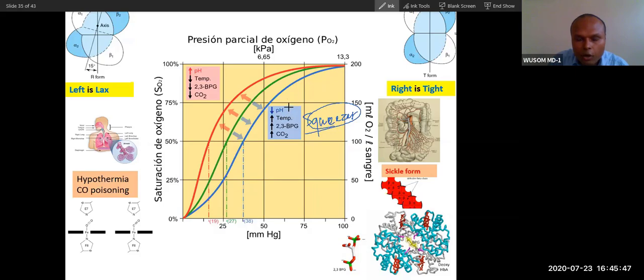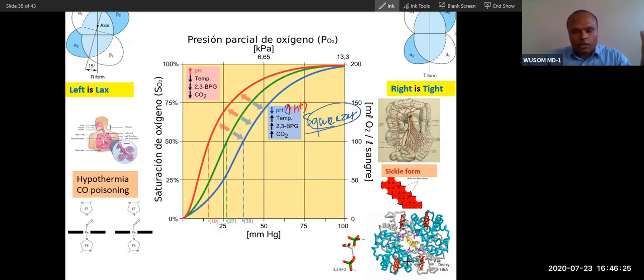In place of low pH, why don't we replace it with high proton concentration, so that we will have a vertical arrow everywhere. So temperature, 2,3-BPG, carbon dioxide, and high proton concentration: these all four factors are squeezers. They will convert the relaxed form into taut form like this. And when the concentration of these falls and the squeezer is removed, the hemoglobin will convert into relaxed form. So did you understand this activity?